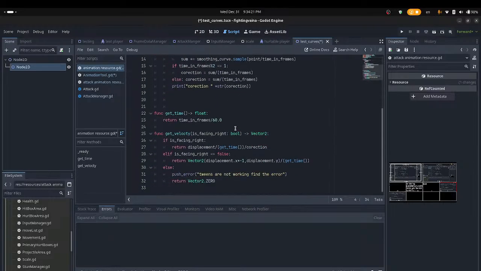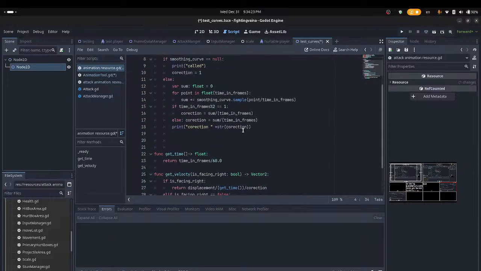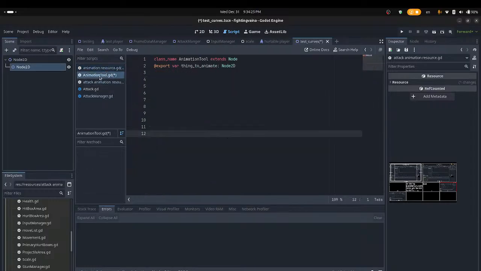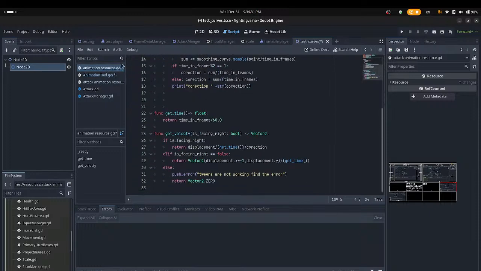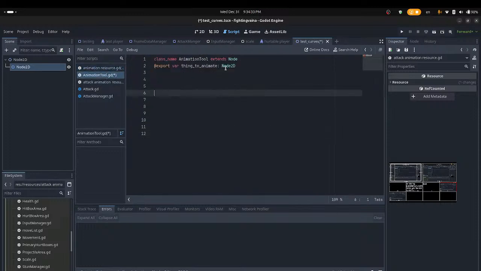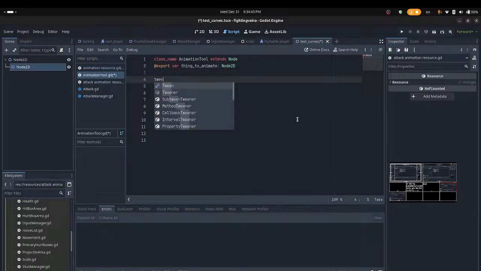Okay. So I don't know if this is everything for the resource yet, which is what I need to define as well. For the thing to animate, tool,